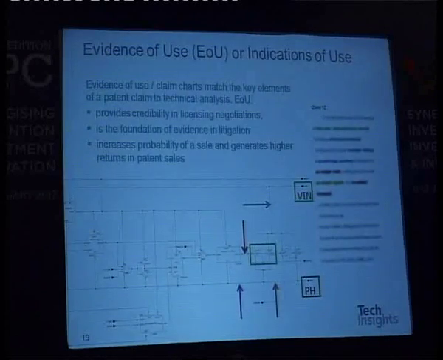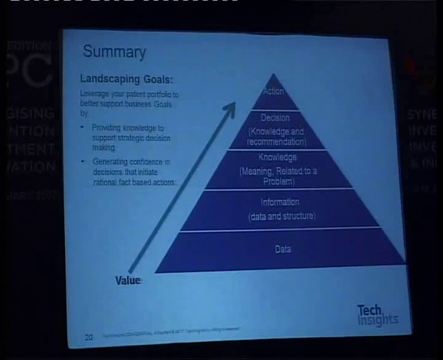It gives you credibility in licensing negotiations. You don't have to have litigation-ready claim charts on every patent in a negotiation, but you have to have enough of them that you get the other guy's attention, that he understands the value of your IP. And ultimately, if your negotiations fail, you need this level if you're going to take them to court. So just to summarize then, patent landscaping generates all kinds of data at the bottom of its